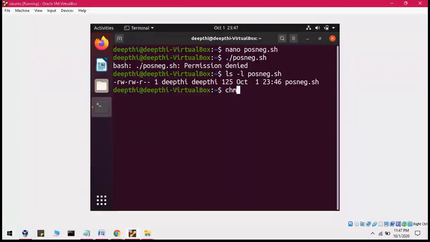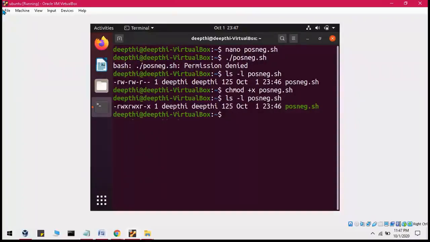So we will use the chmod command, which is changing the permission here. So I am writing +x, which means it is adding execute permission to all the owners, right? All the groups. So now we will write the name of the file, that is POSNEG.sh. So to this file, I am giving the permission of execute to all the groups. And again, if you write this, you can see that here also x is there. You have here also granted x, and here also x is there. So in all the groups, the execute permission is being granted.